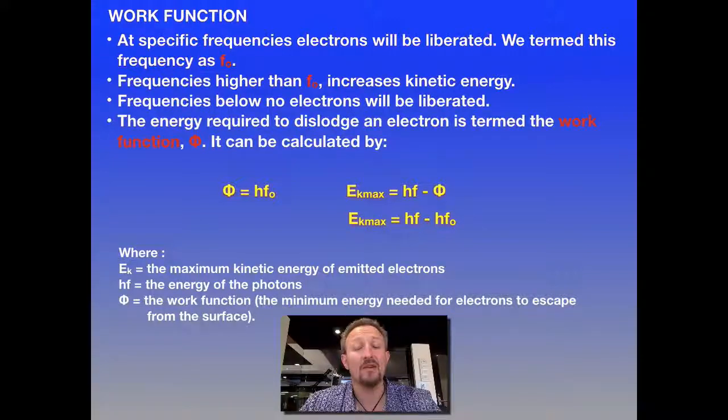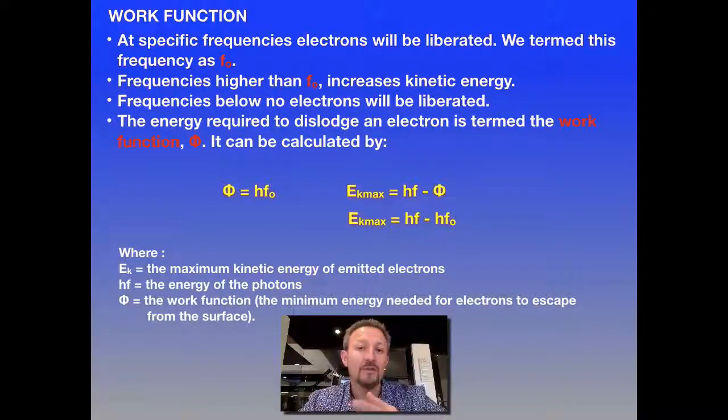The kinetic energy, or the maximum kinetic energy, will be made up of hf. Now that will be the amount of energy for a specific amount of light greater than the threshold frequency, minus the energy which is made up to actually release the electron. So if you can imagine it like a piece of cake, if you've got a frequency or an amount of energy greater than the threshold, a portion of the cake is used for the energy necessary to break free,